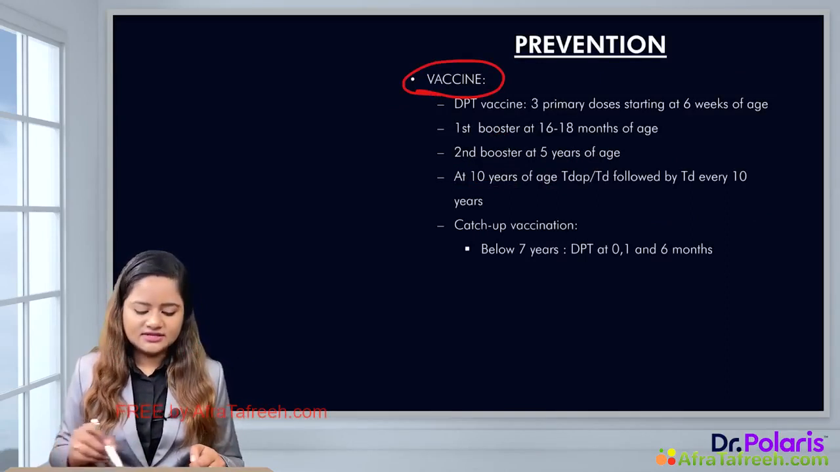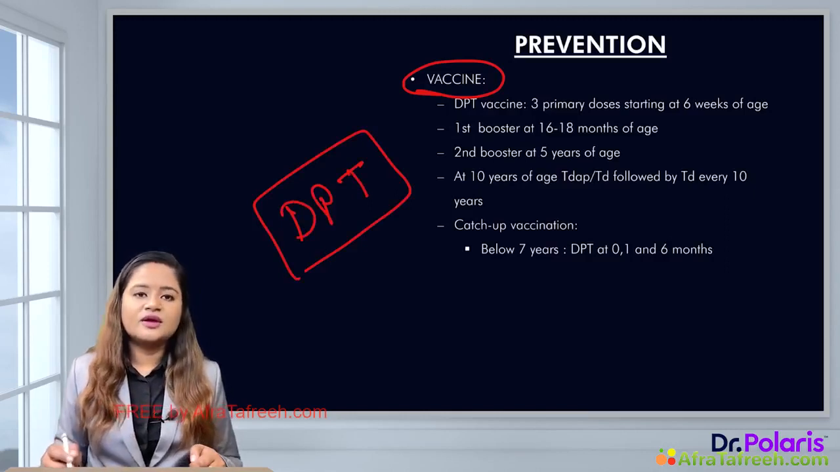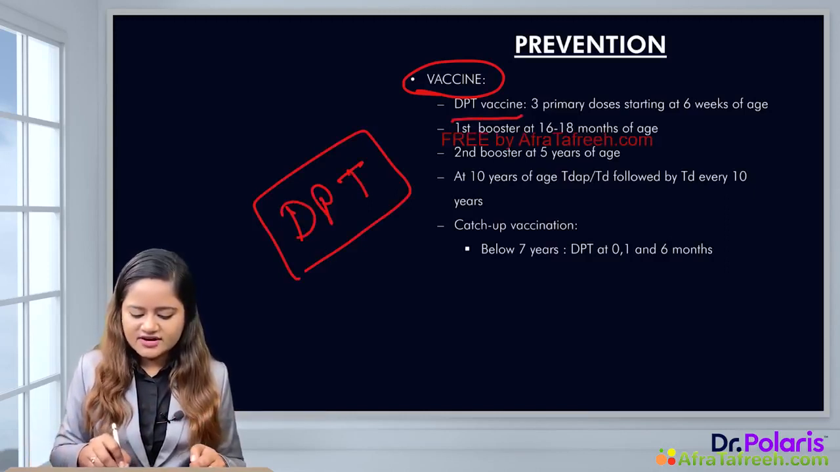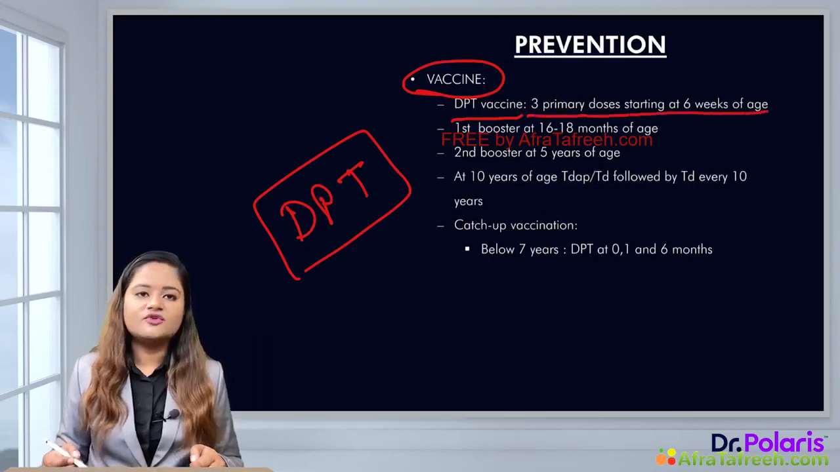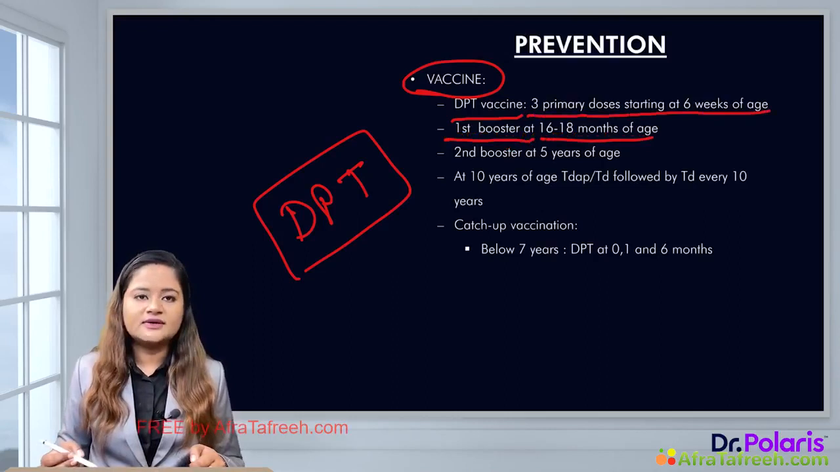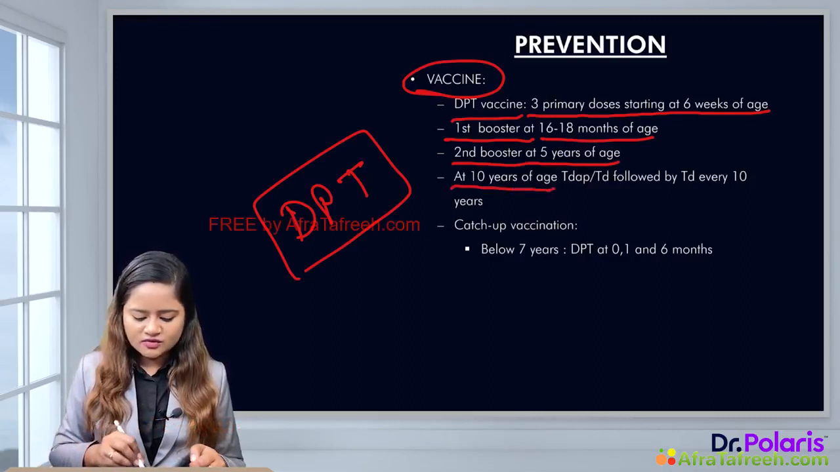So DPT vaccine is the most important vaccine that is going to help children get prevented from these three important diseases. So DPT vaccine is given as 3 primary doses starting right from the 6 weeks of age. The first booster is at 16 to 18 months of age. The second booster is received at 5 years of age, and at 10 years of age a dose of Tdap,